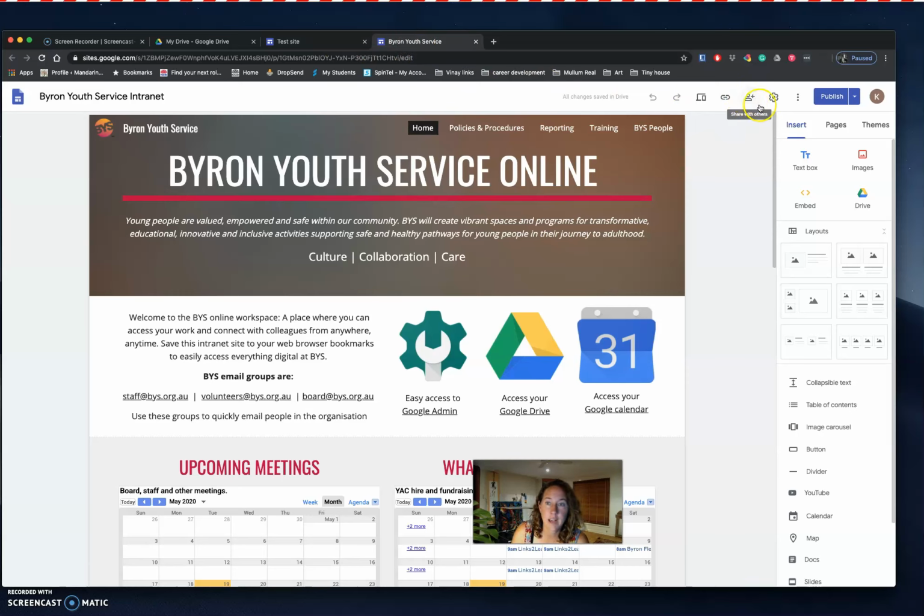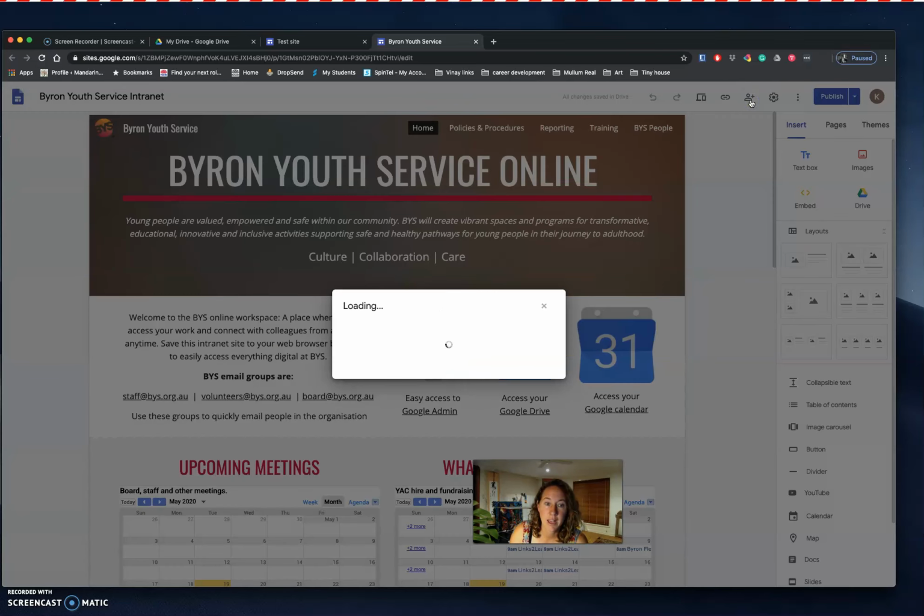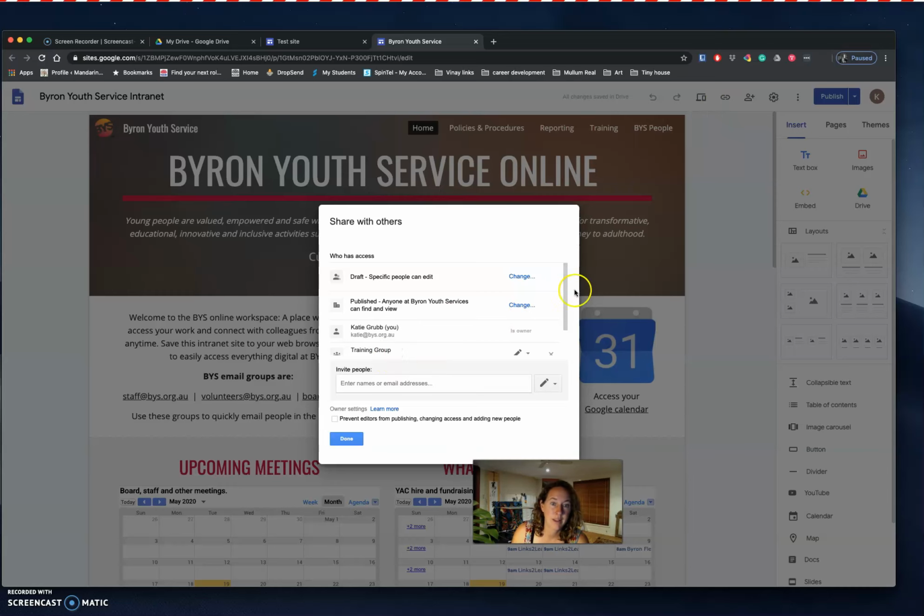So if you're creating a site and you want someone to edit it with you, you have to click here and add the people, invite them in, and they can be an editor and help you build that site with you or collaborate with you on that. So I've done that already, and I've added everyone in the training group and just the BYS staff general,